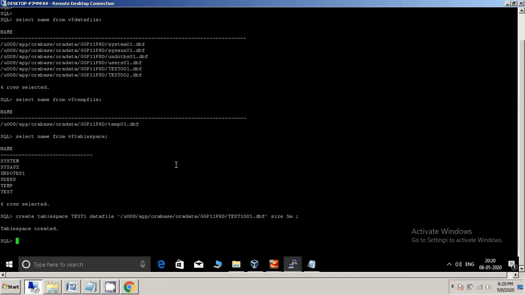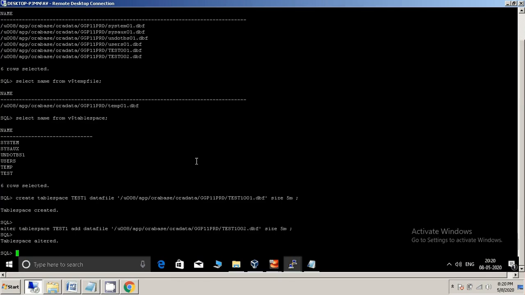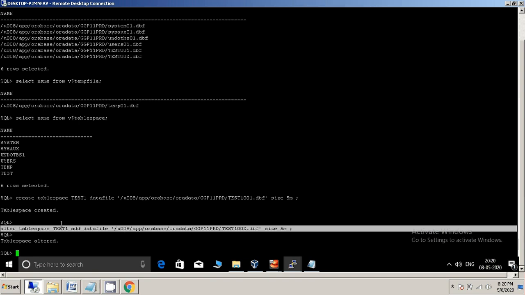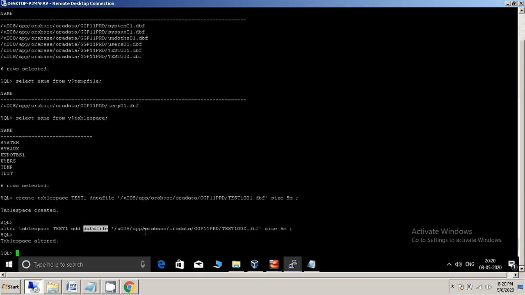This is the syntax for adding the new data file. Alter tablespace name, add datafile. This is the location, and the size is 5 MB. Now we need to check the